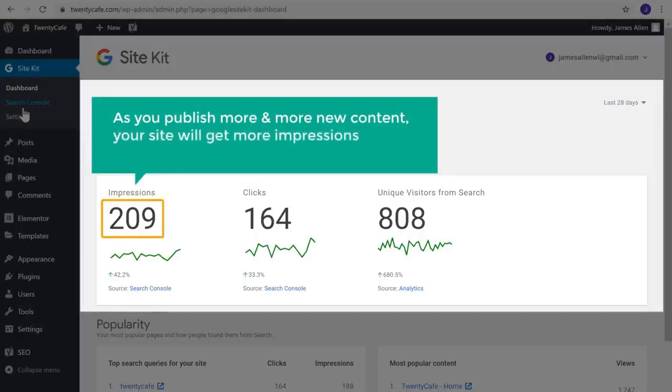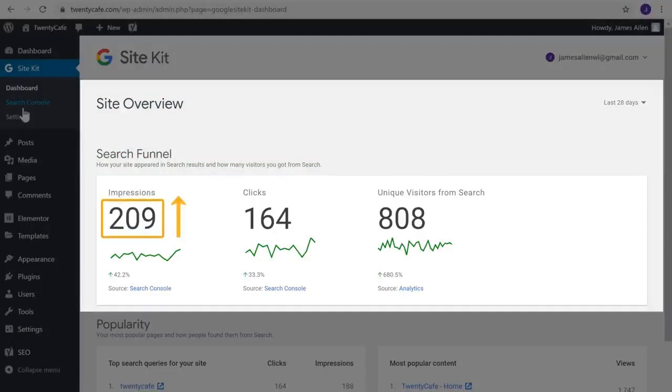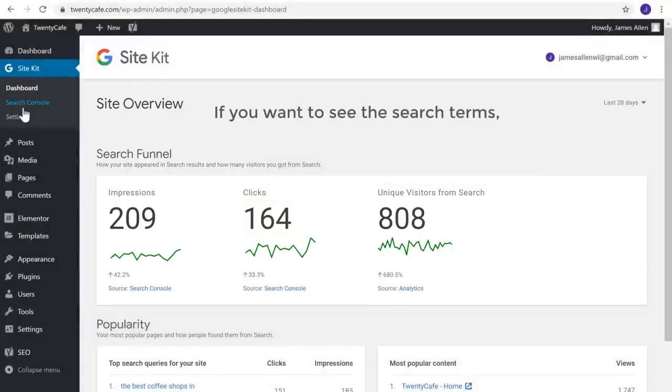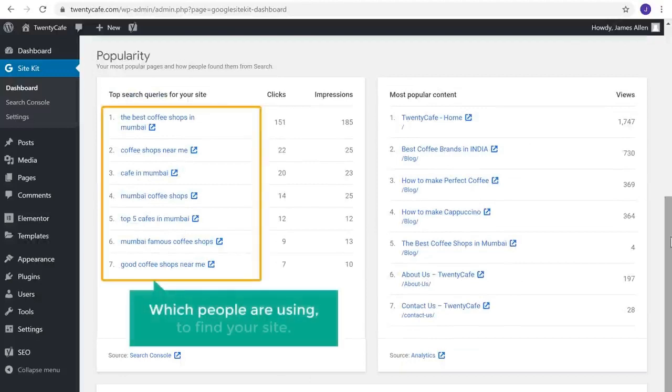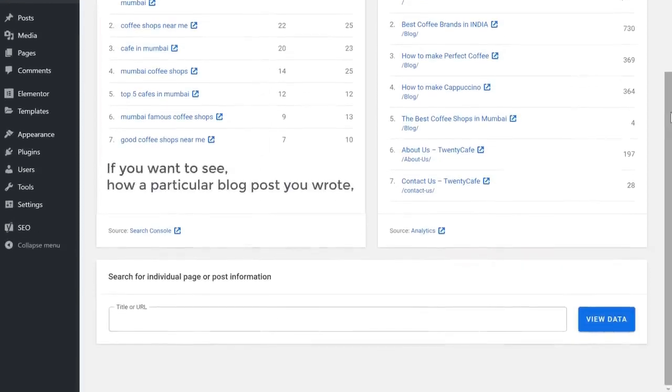As you publish more and more new content, your site will get more impressions from visitors, gradually day by day. From the Search Console, if you want, you can see the search terms and a lot of other information, which people are using to find your site.